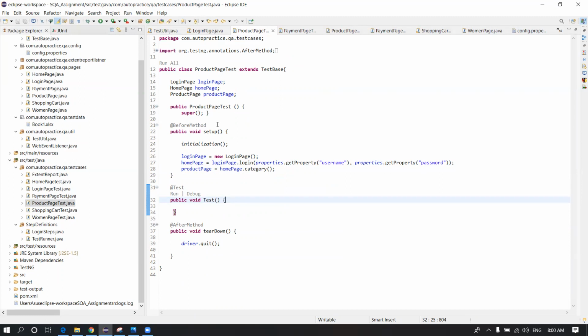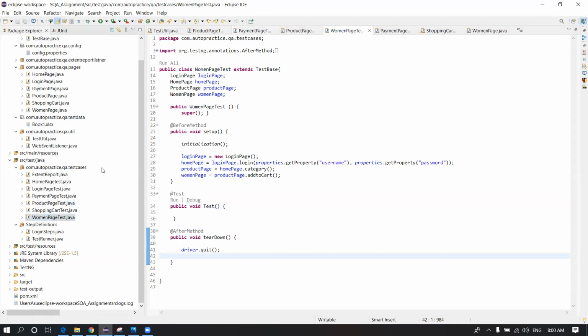So the before method is the first function that is going to be executed, and then the test. After the test, the after method will be executed. So likewise, we structured our project, and